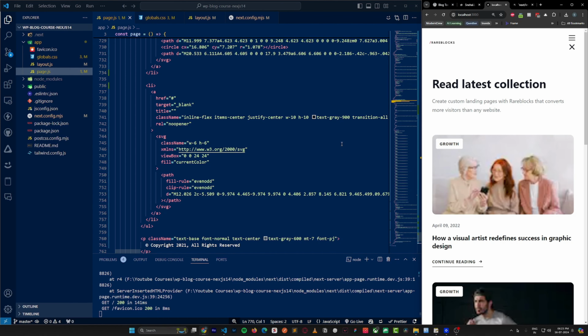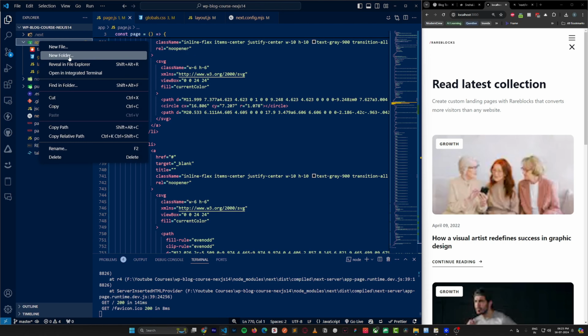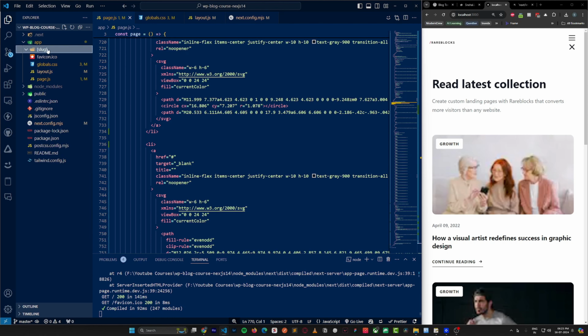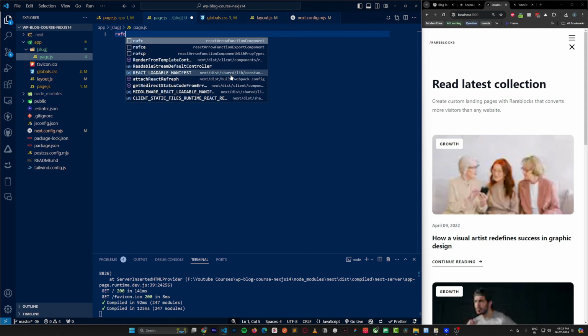Let's also go ahead and work on the single blog page. For that we need to create a folder here, a new folder, and we'll give it a name. So this will be a dynamic route, so we have to do it like this. Slug is the dynamic value which we'll need to pass. And inside this we need to create page.js. So now if I say RAFCE,